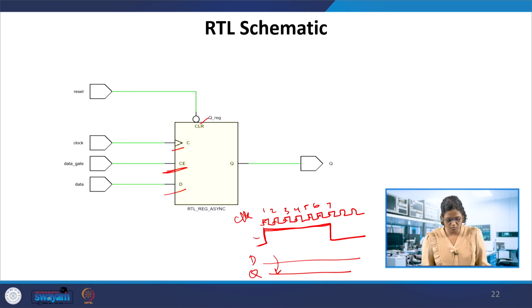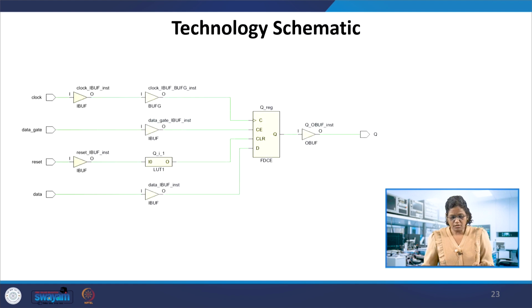So this can be developed. This is the one given here, data gate, that is C, the clock which is constrained for some period of time and then not assigning this data to Q. So in the technology schematic you have this clear, which is a one input LUT, and you can see the data and data gate which has the C in the flip flop.